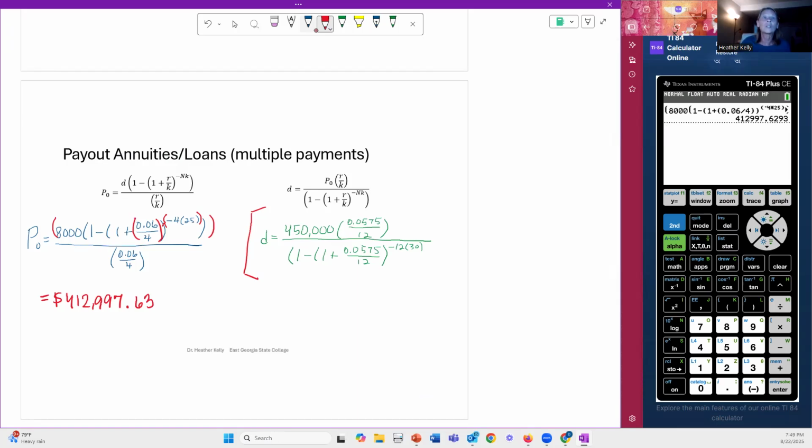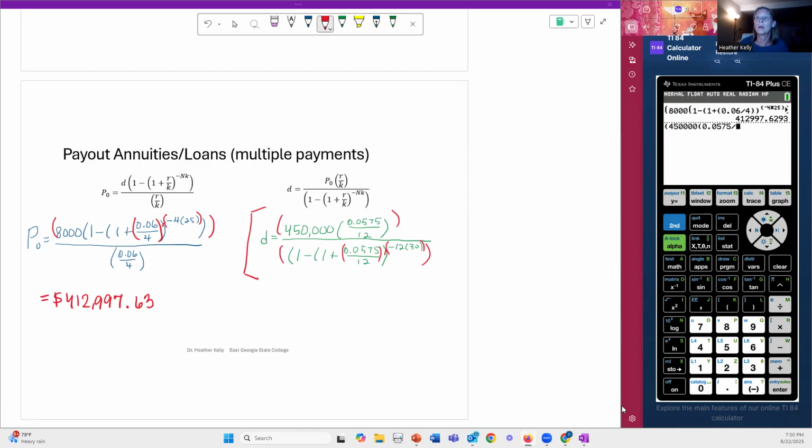All right. Let's do this last one. I'm going to need a set of parentheses around the numerator. I'm going to need a set of parentheses around the denominator, and one set of parentheses in here for this little fraction and our to the power of, and our parentheses around that, so around our exponent. So let's get started. Open parenthesis, 450,000 times